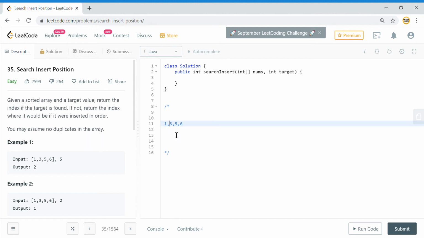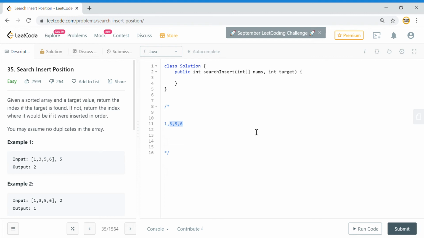Now I will see whether this element is greater than the target element or smaller than the target element. If it is greater than the target element, then I will search in this particular array. If this element at the midpoint is less than my target element, I will check in this right half of the array. Okay, so I have divided my problem here.